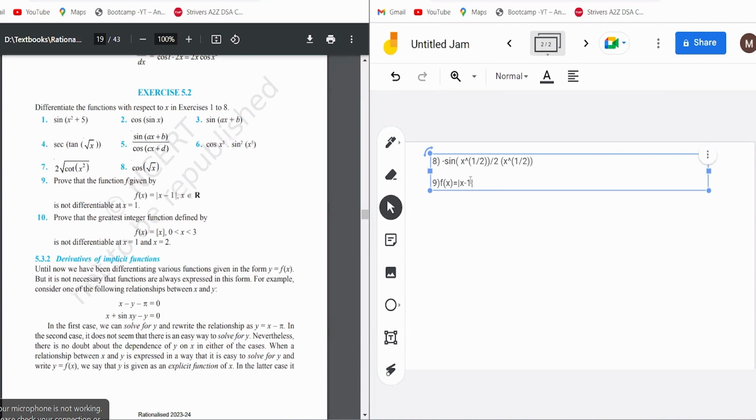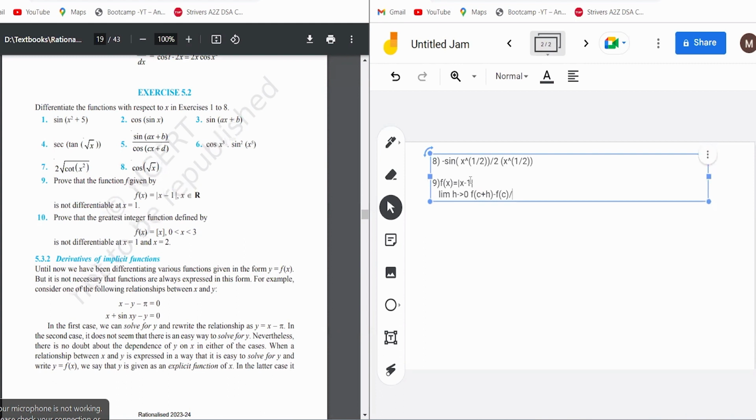Okay, so let's do it using the main definition of differentiation only. So main definition of differentiation is limit of h tending to 0,